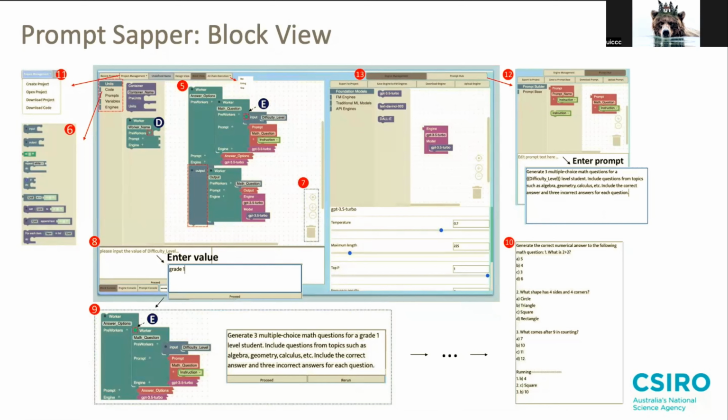With the visual programming method, the AI engineer doesn't need to know much about programming. They can use the drag and drop method to control and modify the generative AI service. And we also provide a testing unit. You can see in E here, there is a green icon, which shows you the current testing area. So once the AI engineer is satisfied with the overall structure and the implementation, they can directly download our code and then deploy it to their service.